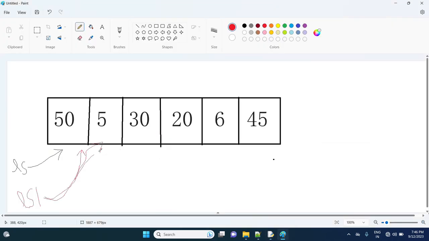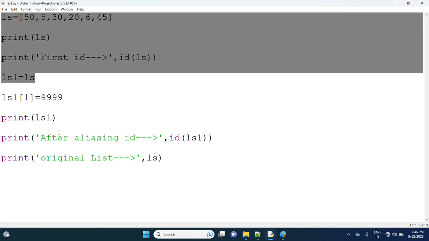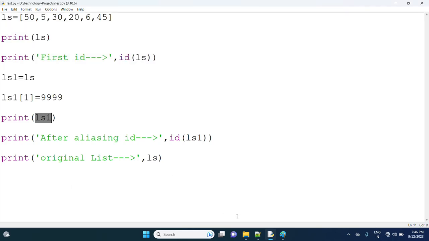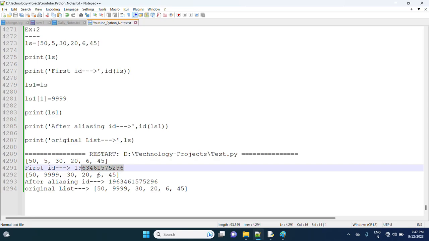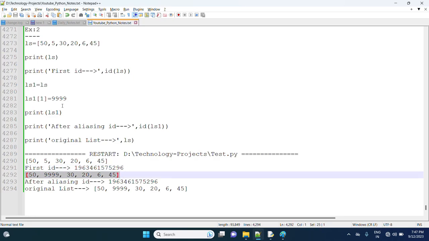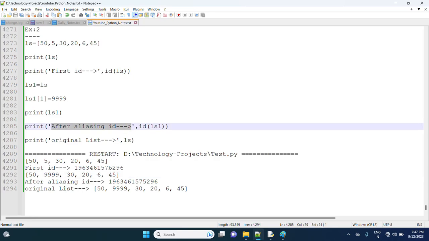I have changed the information to this variable, to what I have given, 9999. So when I have given 9999, list 1 got updated. If you observe here, list 1 got updated. I'm changing 99 and I'm printing that 99. So after aliasing that id, if you observe here,